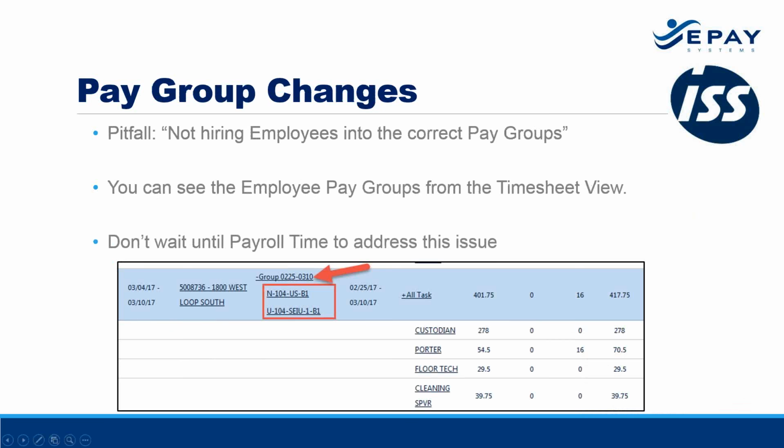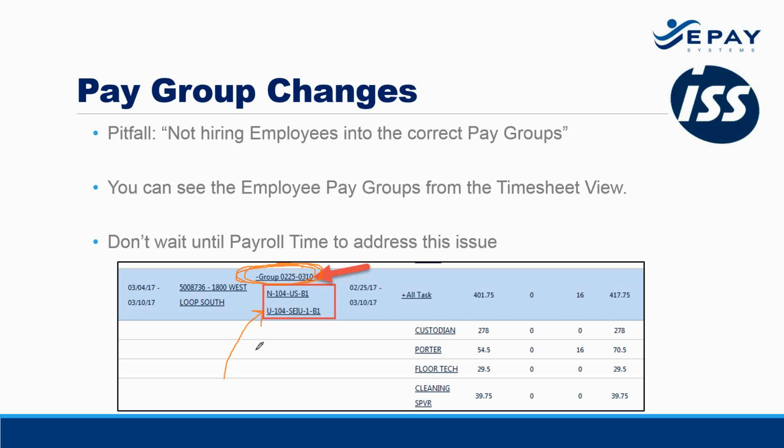Sorry, right here. So if I go back over here and click on the little grouping, that little grouping that says group right now is 02250310. That little grouping indicator, if I click on it, is going to expand and show me the two pay groups that make up that bigger group. Now that grouping is just there to keep everything tidy, so you can see all the employees and all the different pay groups that are affecting your payroll for that particular job timesheet. Now in this case, you'll see that there are two pay groups. One's